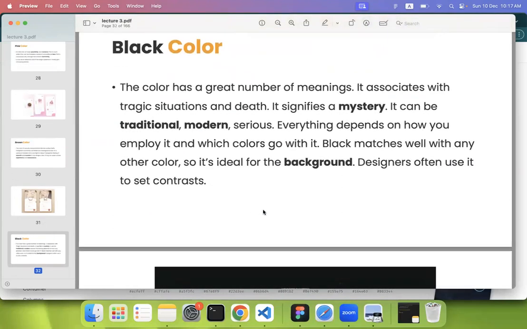The color has a great number of meanings. It associates with tragic situations and death. It signifies a mystery. It can be traditional, modern, serious. Everything depends on how you employ it and which colors go with it. Black matches well with any other color, so it's ideal for the background. Designers often use it to